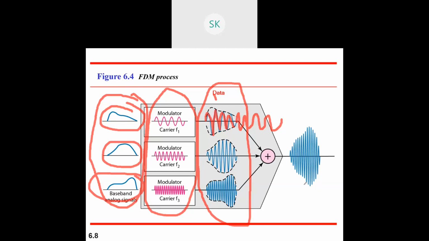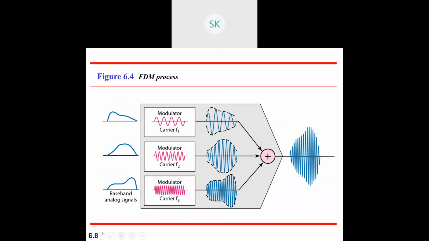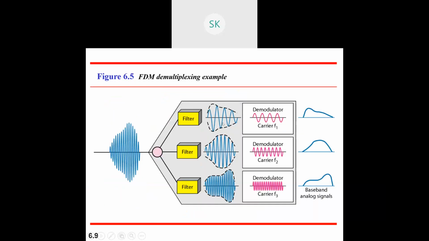Frequency division, as I told you, how it will be. In today's class, we have limited ourselves to just knowing what FDM is. Frequency division multiplexing is an analog type of multiplexing technique that combines analog signals. I'm talking about only analog signals, so your input is analog and your output is also analog. But you are combining it and passing it as a single link. N channels will be a single link.